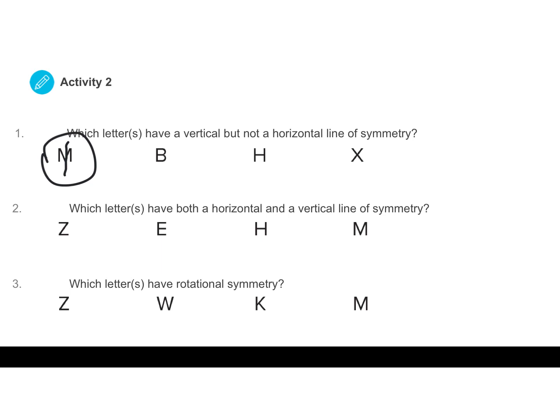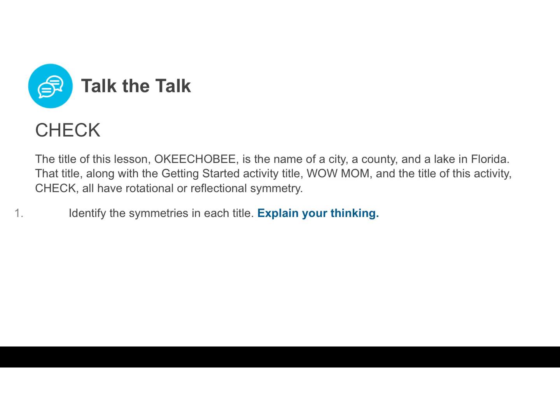And then if you look, X and H all have vertical and horizontal, and B only has a horizontal. Which letters have both horizontal and vertical? That would be H. H has horizontal and vertical. And then which letters have rotational symmetry? That would only be Z, because none of these others can I stab and rotate less than 360 but more than 0 and get them to map onto themselves. Okay, so now you're going to do the